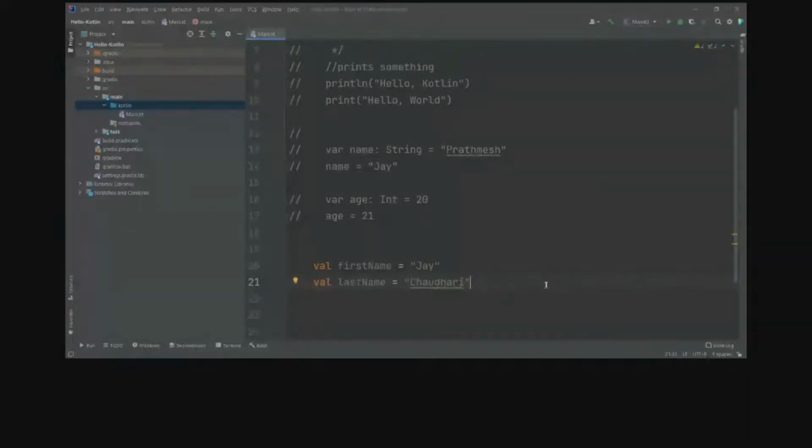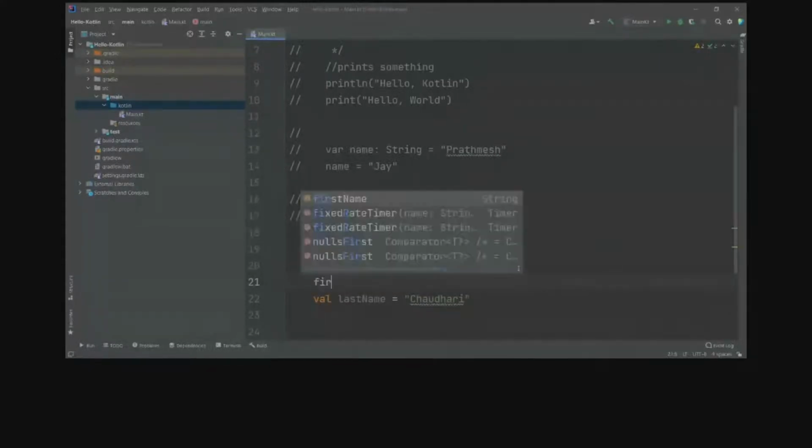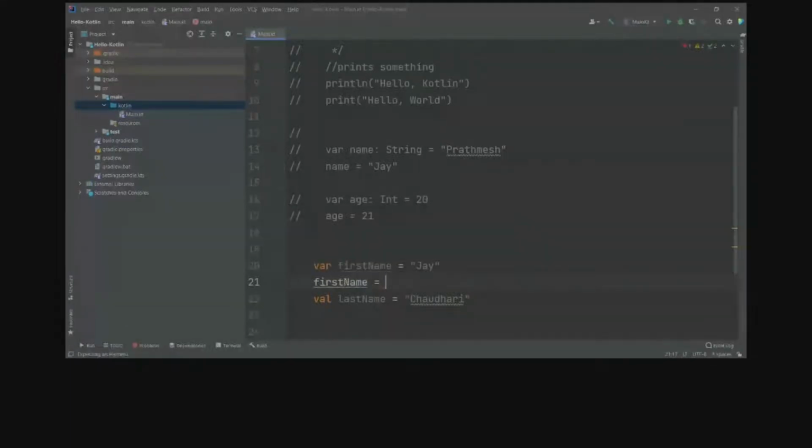But suppose I make this val as var, so this has become a mutable variable now. And I haven't specified any data type here. Suppose I change first name and try to initialize it with an integer value, it shows me an error. It says add a toString call. Now this toString is a utility method that's out of scope of this session, but it's showing some error. So let's run the program and let's see what it shows.